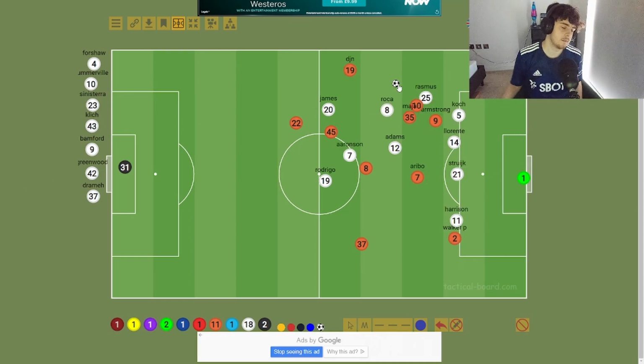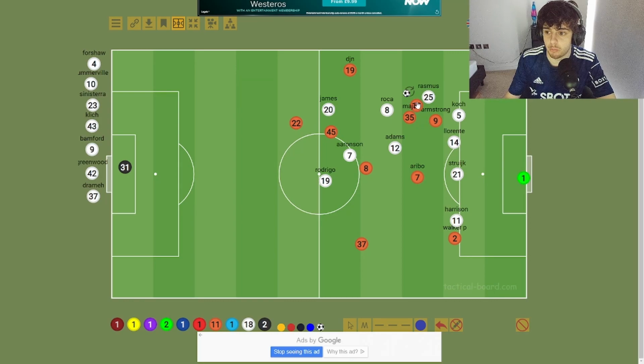Yeah, the second goal. And this is as an analyst, it's the most frustrating goal, in my opinion. This is extremely annoying. You know, the other goal is one moment where you've got to stop it, and this is many moments. So Rasmus holds Adams up well here, in my opinion. He holds him up well. But you can already see the issue.